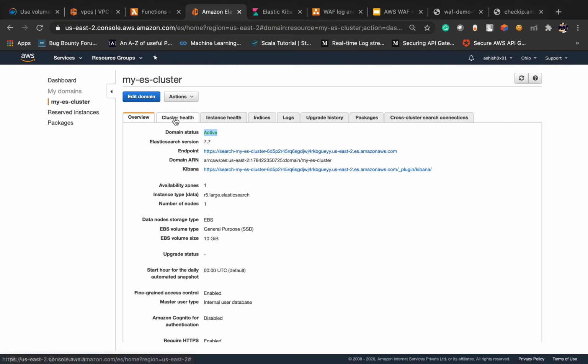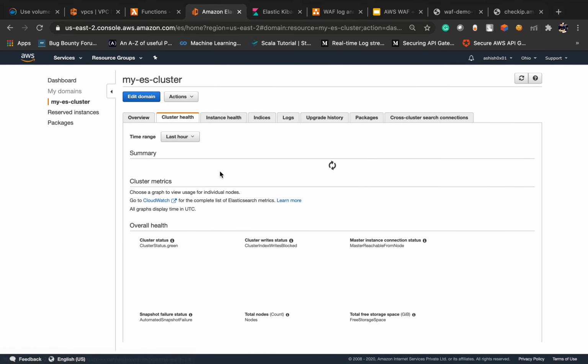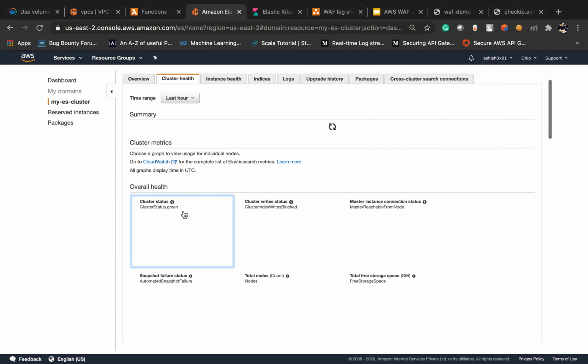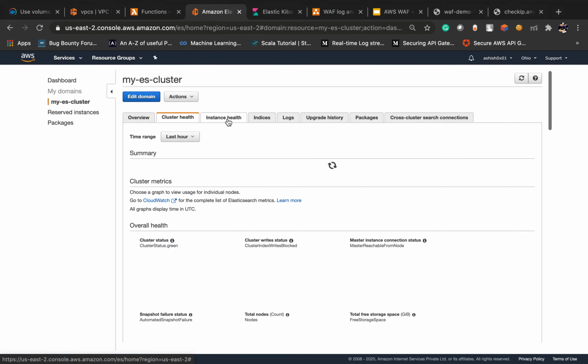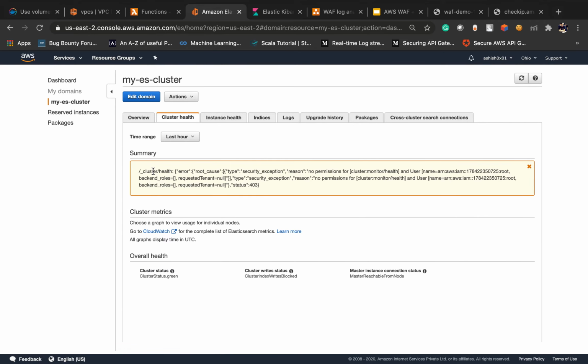Let's see the cluster health. Here there is a cluster health error. Currently you have no permission for cluster monitor health for this username.